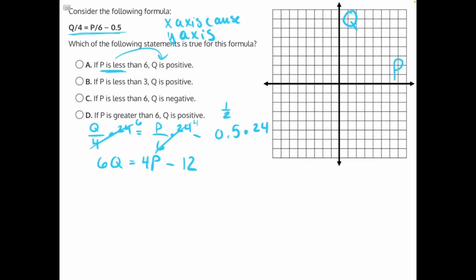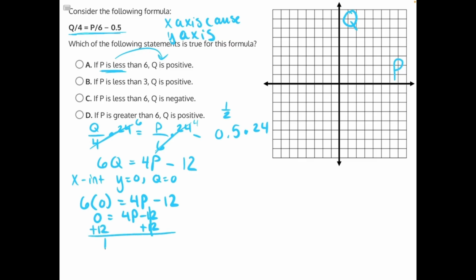And now we have an easier equation to work with, so now we can start to find our x and y intercepts. First, our x-intercept is when y equals 0, or in this case, when q equals 0. So let's start with 6 times 0 instead of 6 times q equals 4p minus 12. 6 times 0 would just give us 0 equals 4p minus 12. Let's do the opposite operation. Add 12 to both sides. These will cancel. 12 equals 4p, and then 4 is being multiplied to p, so the opposite there is to divide both sides by 4. 12 divided by 4 will give us 3 equals p,